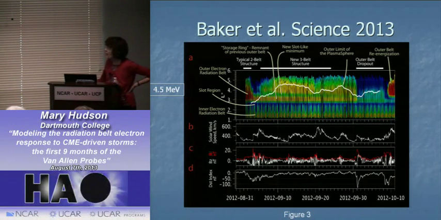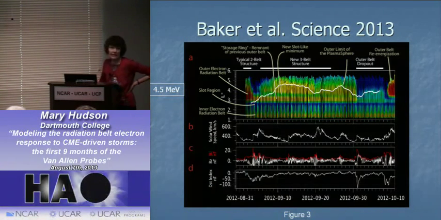But then because of this so-called storage ring, which is the residual of the outer zone prior to this early September storm, that is persisting, and it's just slowly decaying. In fact, Richard Thorne has a paper describing the very slow decay of the storage ring due to the hiss. And then you have the normal reforming of the outer zone that is occurring,